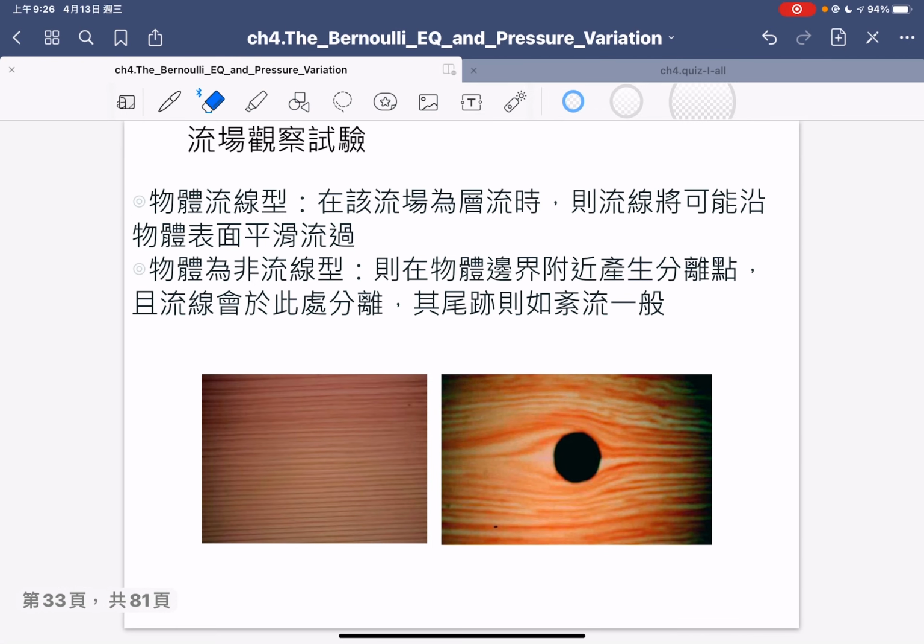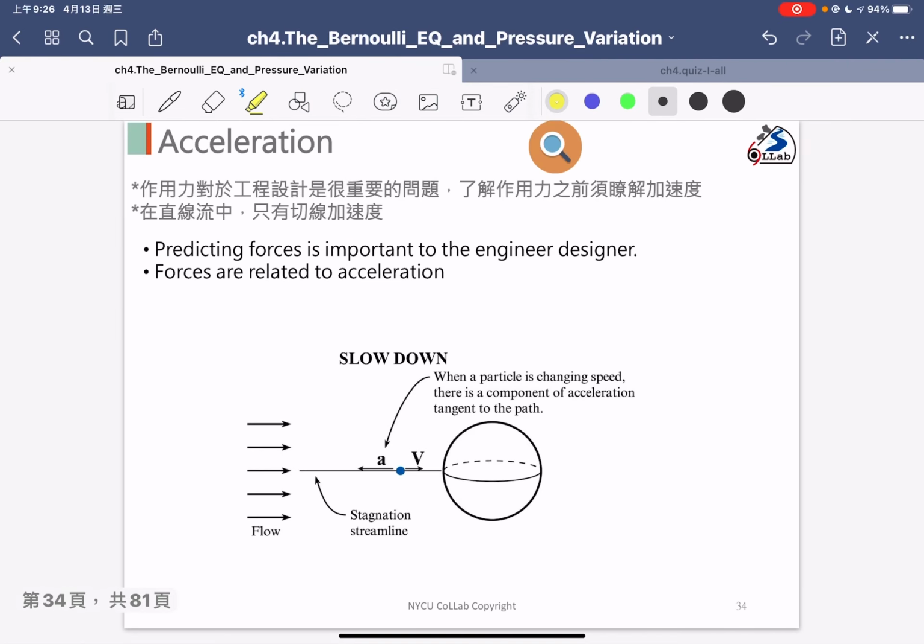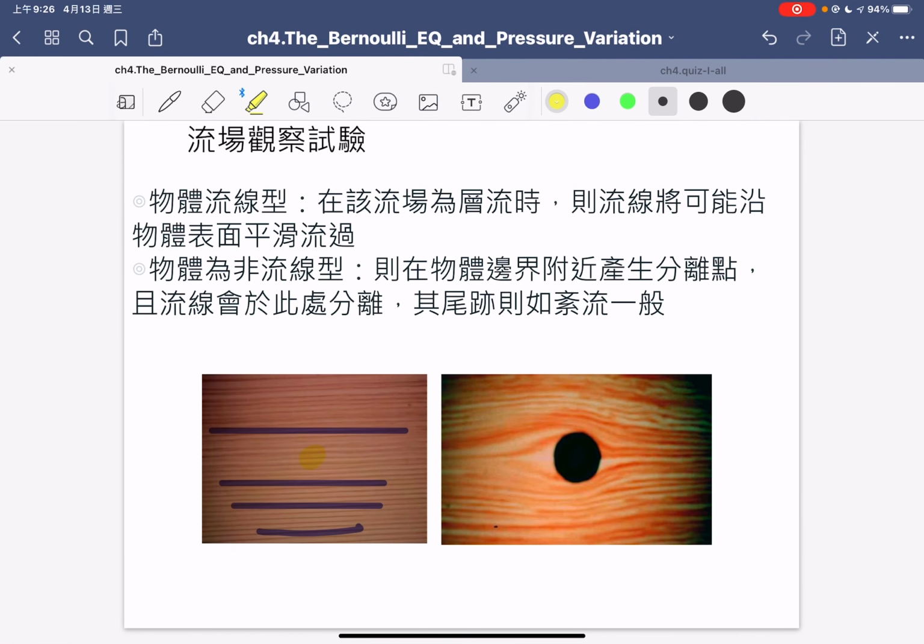If you don't put any objects inside your flow velocity field, you can only see straight lines, they are the streamlines, and they are parallel to each other. But if you put in different objects with different structure shapes, you can see different streamline results. Okay, maybe I stop here, and